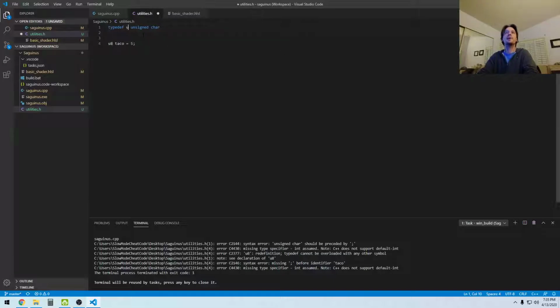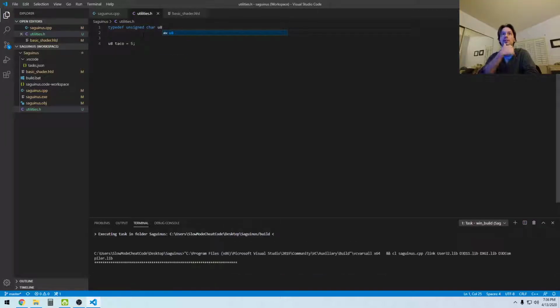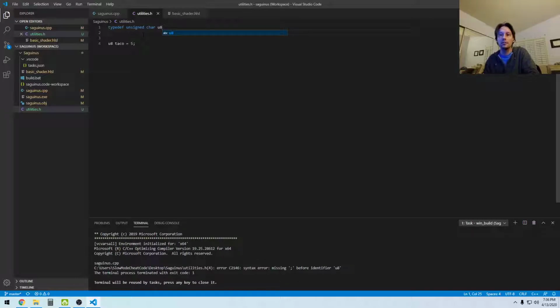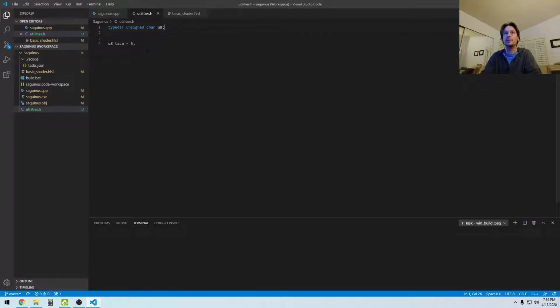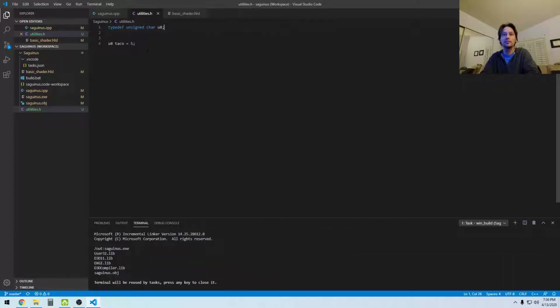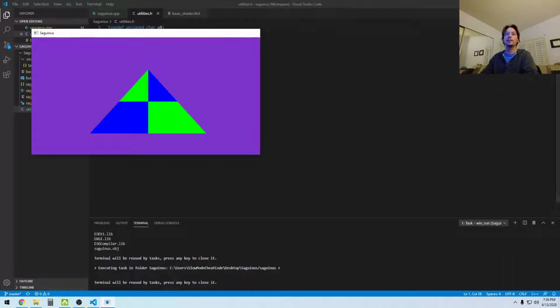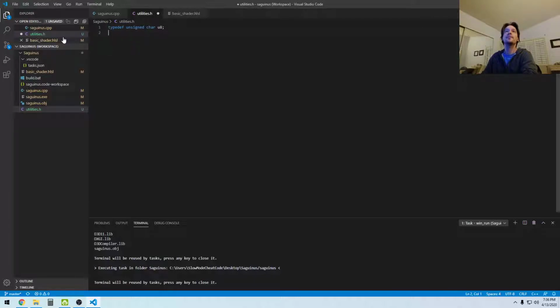Okay, so maybe I got this backwards. I think you have to put the type you're defining it as and then what you want to call it. So, missing semicolon before... you don't know. Or do I have to end it with a semicolon? Yeah, there we go. Okay, so typedef unsigned char, typedef